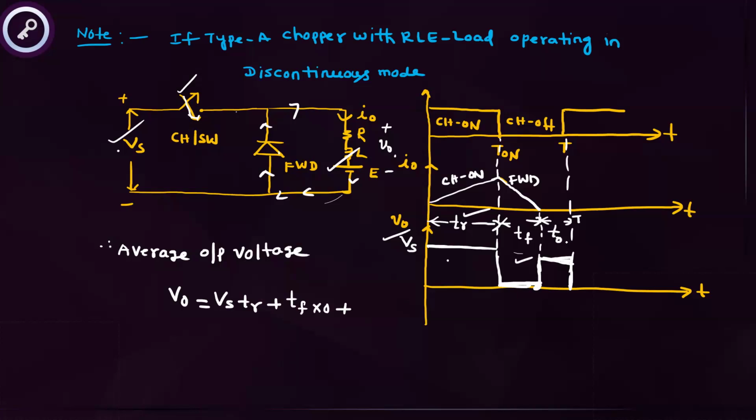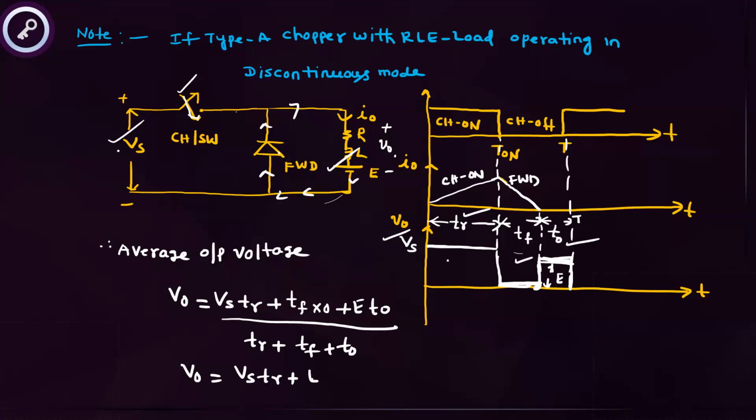During T naught time, the output voltage equals E, that is E into T naught. Then what is the total time of operation? TR plus TF plus T naught in one cycle. Then average output voltage equals Vs into TR plus E into T naught, by